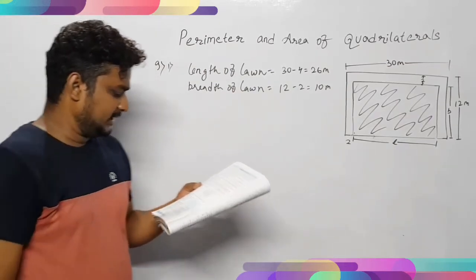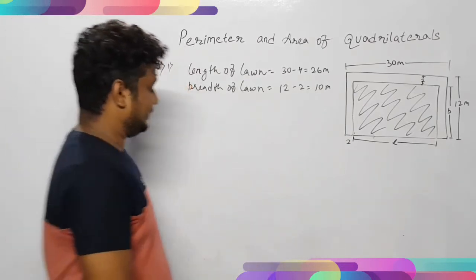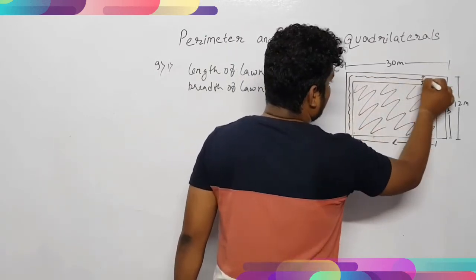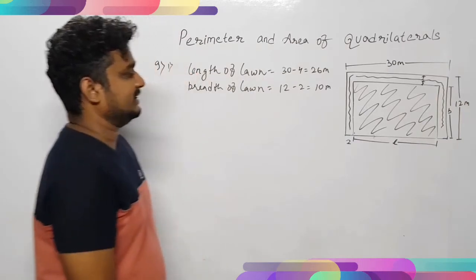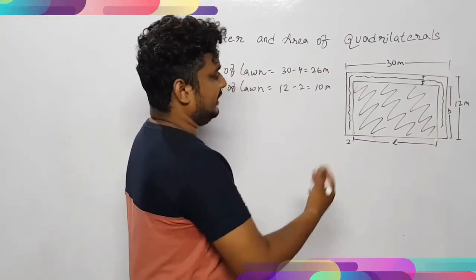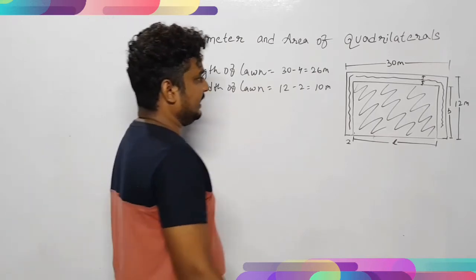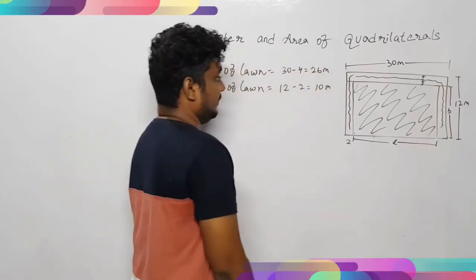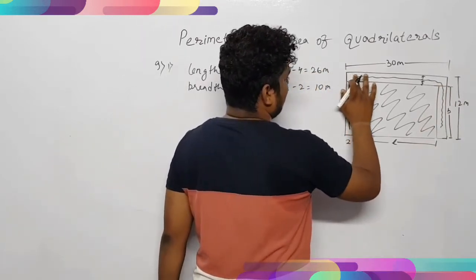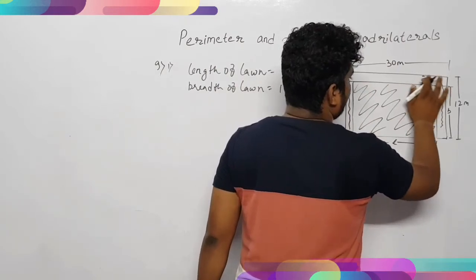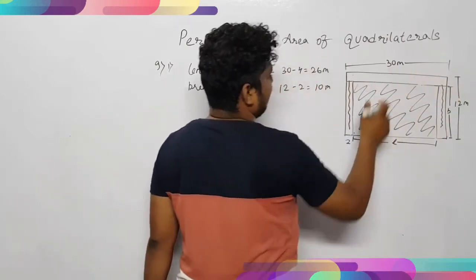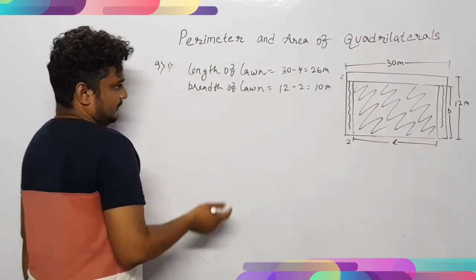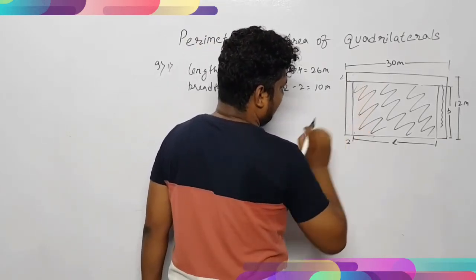So further, find the area of the flower bed. These are the parts where the flowers are being planted, these are called flower beds. Fine with this? So first of all, we need to find the area of the flower bed. In order to find it, we are taking this particular length. I am erasing what I have drawn over here. So we will find this area. The thickness of this is 2 and this is 30, it is given over here. So again we have to find the area of this.